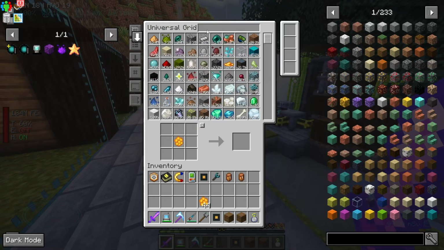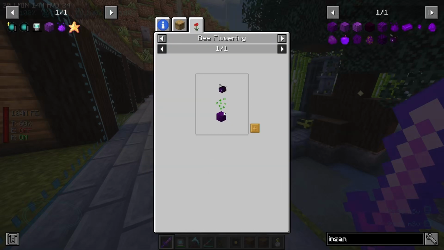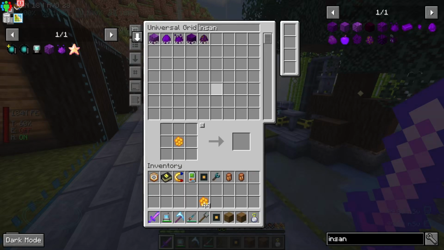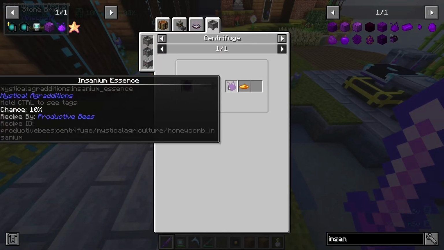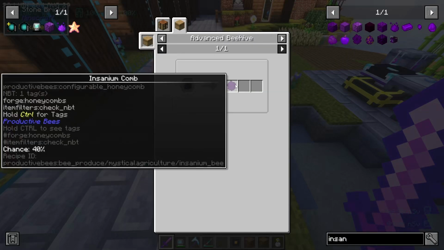Oh yeah, the flower that this insanium bee needs. What is it? It's going to be a block of insanium. So that's a little bit annoying to make because it's sort of like, really? We've got to make one. But it's fun. We'll make one. I think it'll pay off in the long run, maybe, because we get a honeycomb 10% of the time, and then this guy can give you an insanium essence. Or is it just...